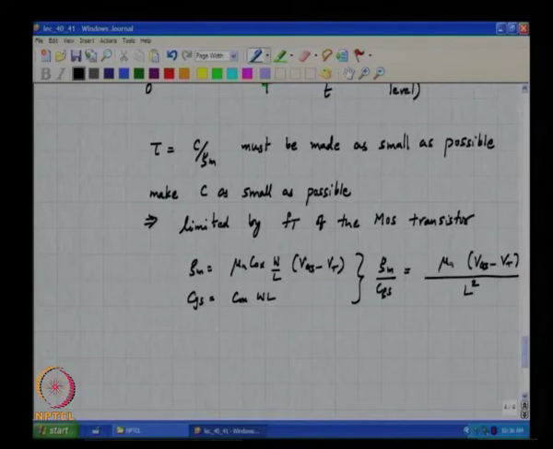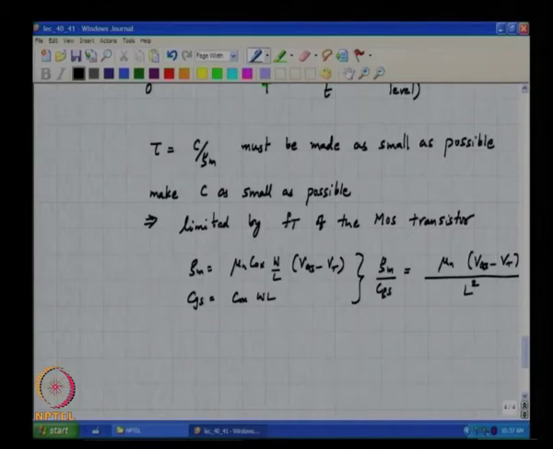Clearly, as mobility of the carriers increases, you expect to have a faster transistor. Okay. If Vgs minus Vt increases, you have a larger electric field pushing the carriers from the source to the drain, and if L decreases, the Ft goes up as L square. And why does that make physical sense? Because it reduces the capacitance and increases the Gm.